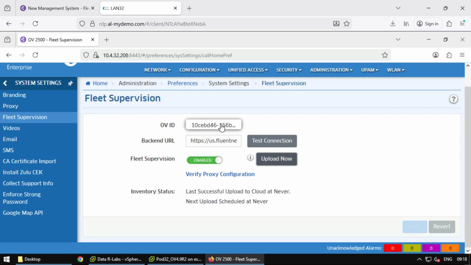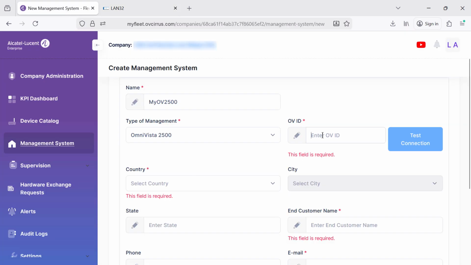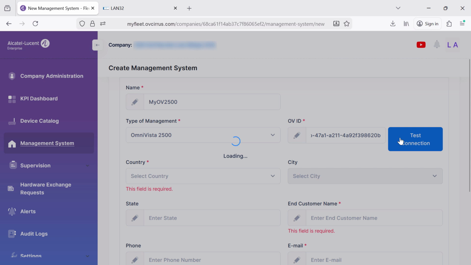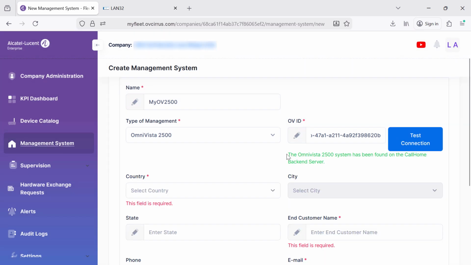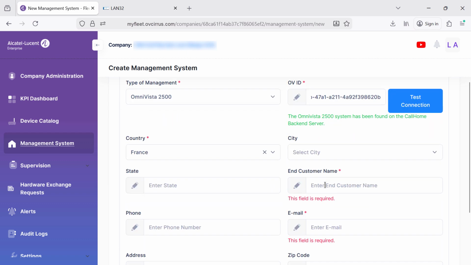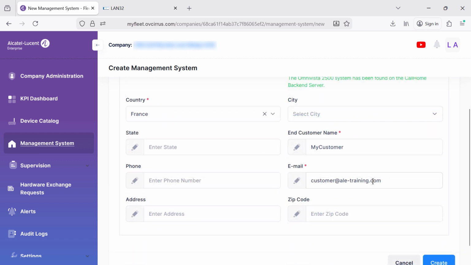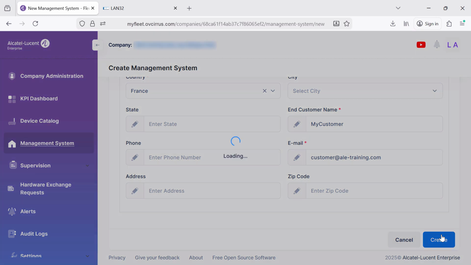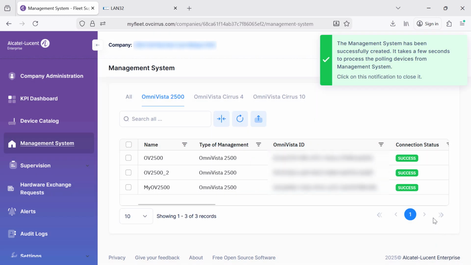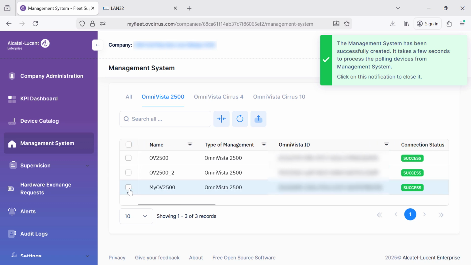Copy your OmniVista ID and paste it in your Fleet Supervision. Test the connection to validate that your OmniVista 2500 instance is found on the backend server. And complete the creation of the management server with optional and mandatory parameters. A success message will inform you that the creation is successful, and you can find your OmniVista 2500 in the